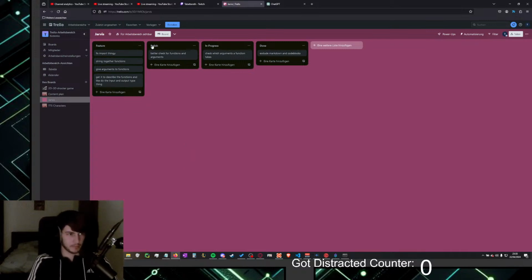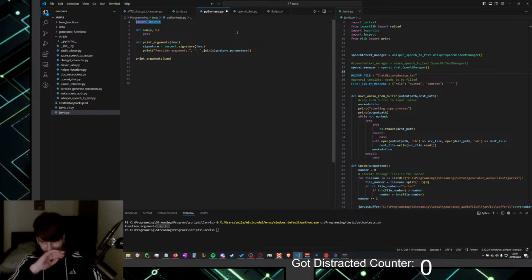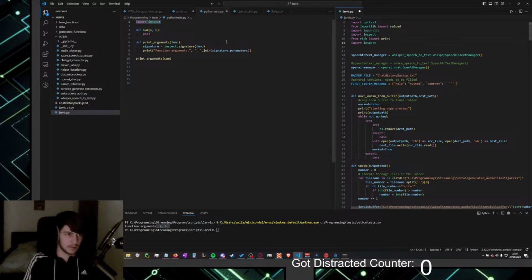I hope I remember what all of this means. And I also hope that I can figure out how to implement that, because in my case the function is not in the same.